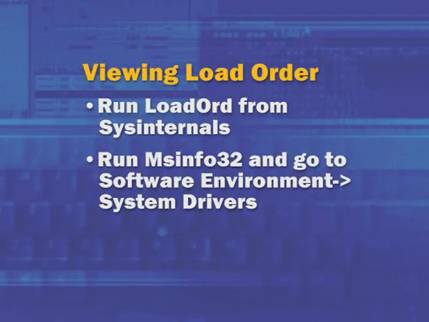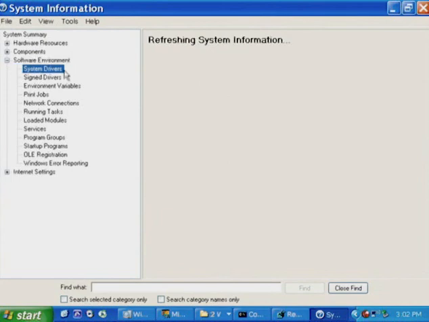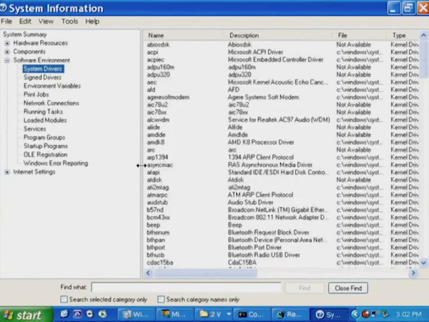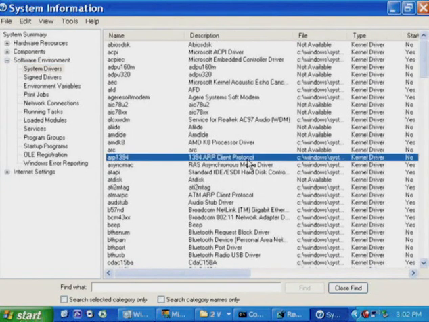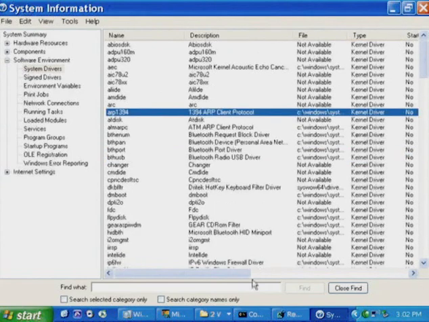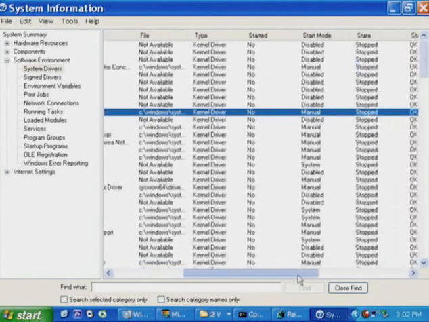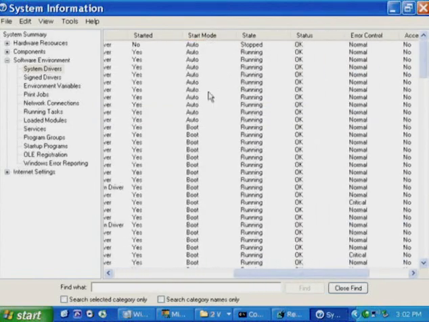Another tool you can look at to see the startup ordering or startup configuration of drivers, without having to go into the registry and look at it there yourself, is MSInfo32. MSInfo32, under its Software Environment, System Drivers location, lists all of the drivers configured on this system along with their start type, which we've got to scroll over and see, their start mode.